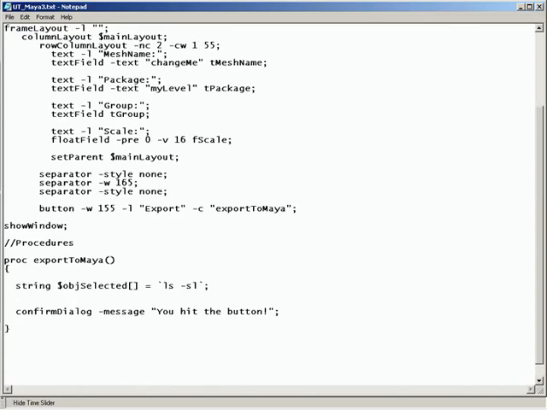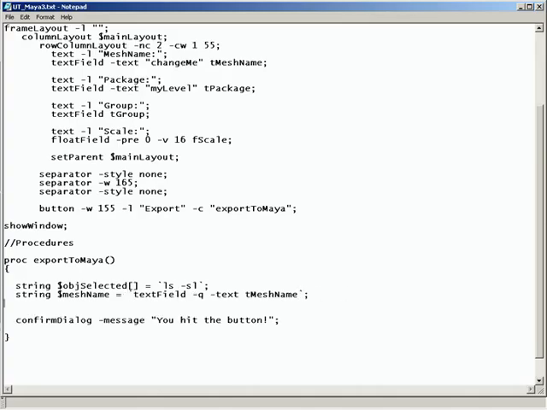Okay. Next line, we're going to make another string. This one's going to be our mesh name, and we are going to extract the data that is in tmesh name. Here's tmesh name right here that we created earlier. So the way we do this is textField. Notice how we're using the exact same command that we used up here, except this time around, textField is going to be put in query mode. And we're going to query the text and tell it which text field we're querying. It's tMeshName. Now, again, since this is a command that's going to return data back, accent marks,